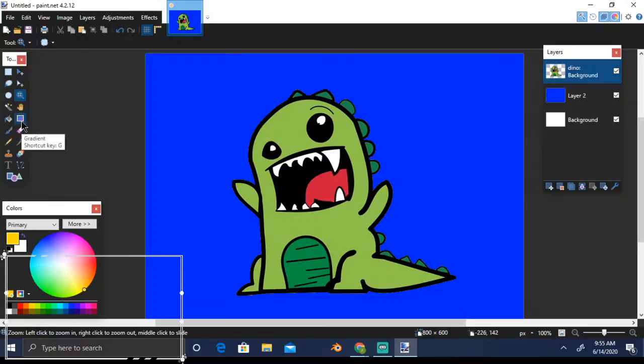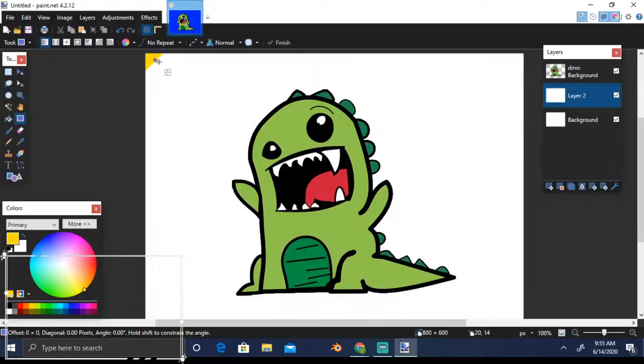We were talking about the gradient color. What is a gradient color? Now what we see here in the background is a solid blue color, right? Now if I want to have multicolor, select this tool. Now what colors are selected? Yellow to white. So my gradient will go from yellow to white. So I left click here and drag it in one area, and here you can see it starts with yellow and it finishes in white. Okay, so say I can change it to darker, full yellow, less white, whatever.